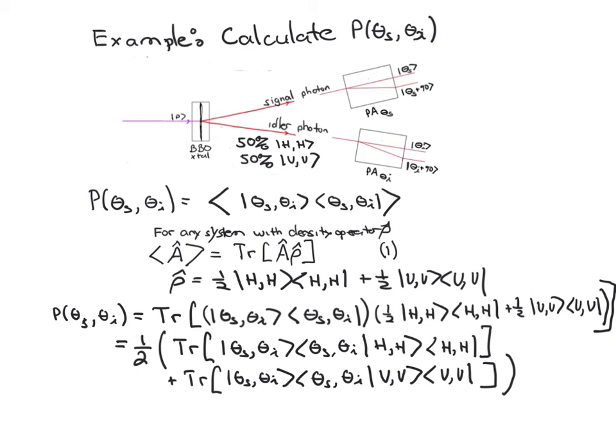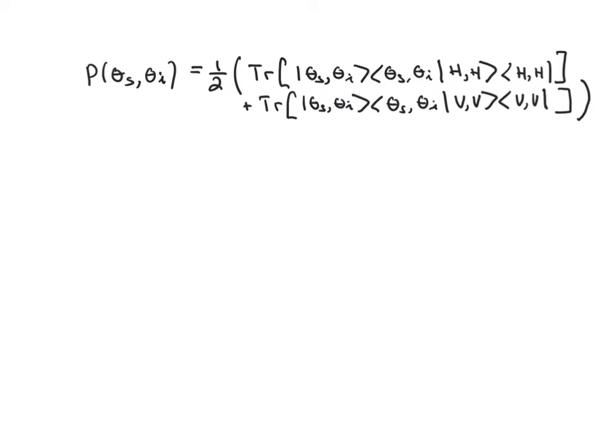And on the next slide, let me make use of the fact that these inner products here, this one here and this one here, are ones that we've previously evaluated. This inner product here is just going to give us a cos theta sub s times cos theta sub I, and this one here is going to give a factor of sine theta sub s times sine theta sub I. So what this becomes then is equal to 1/2 times, and now I have a factor of cos theta